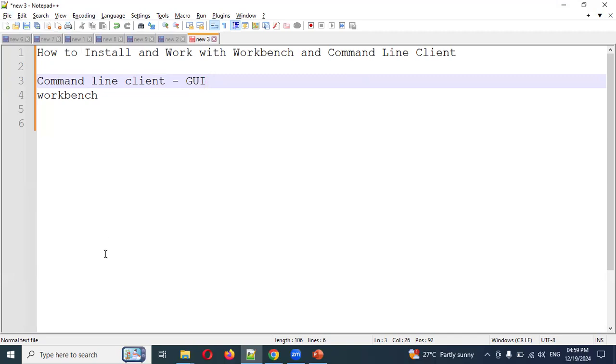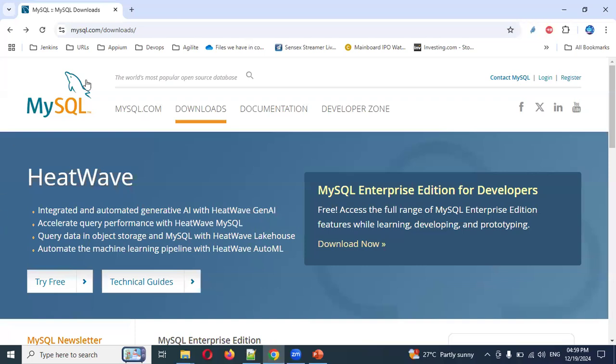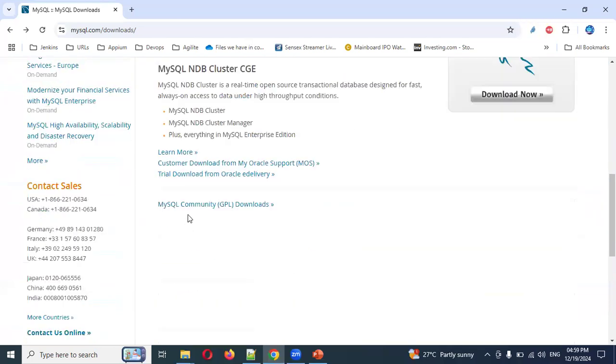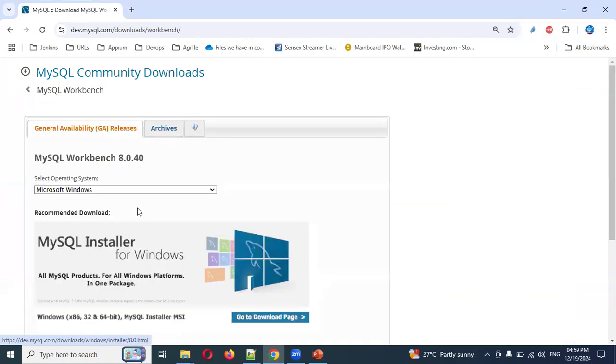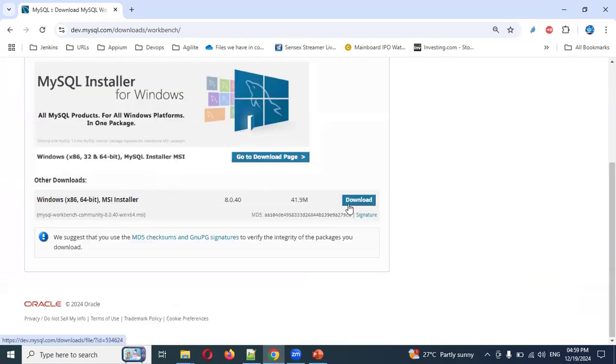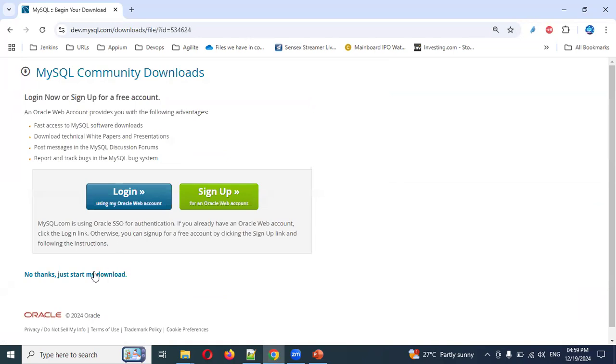When we installed MySQL, we did not see Workbench, right? Now we need to install Workbench. For that, go to MySQL downloads again, click Community, and there is MySQL Workbench. Click on it, and it will come back to this page. Click here, and you can choose No thanks, just start my download, or you can sign in or sign up. Anything you can do. After that,